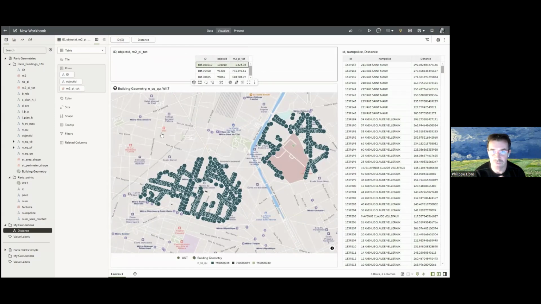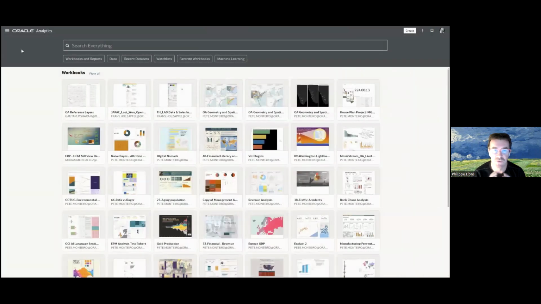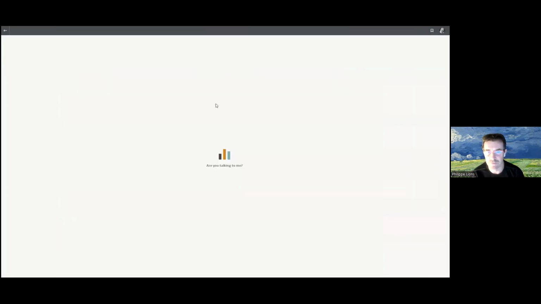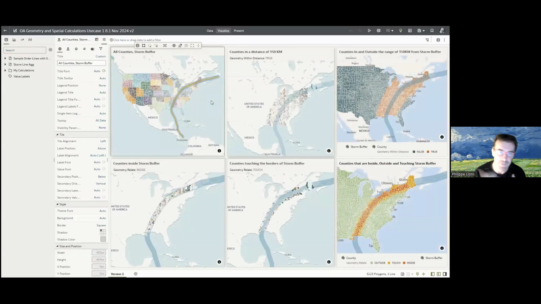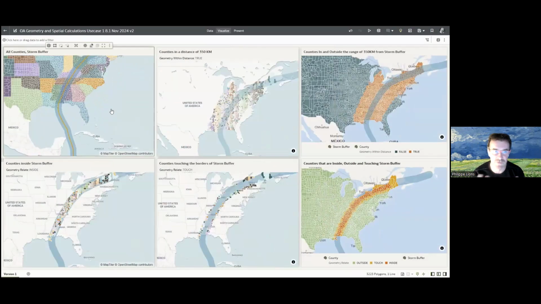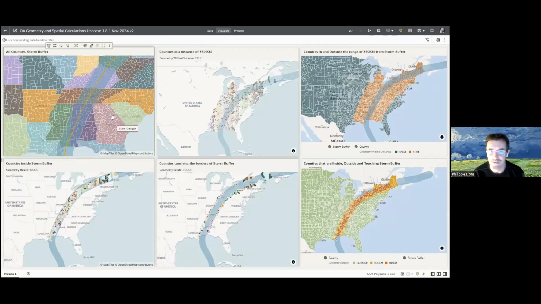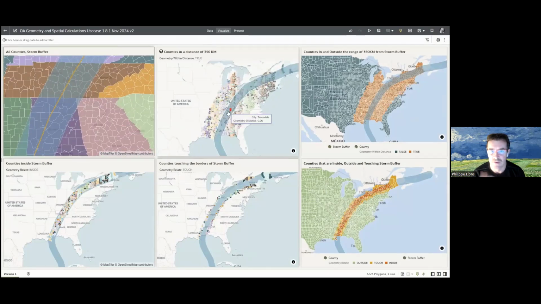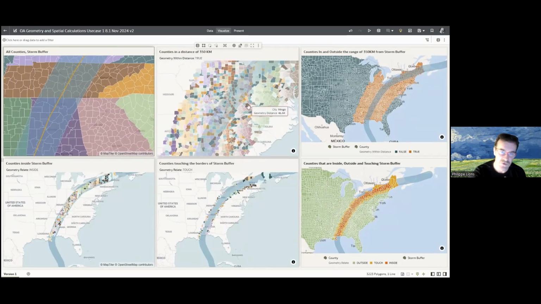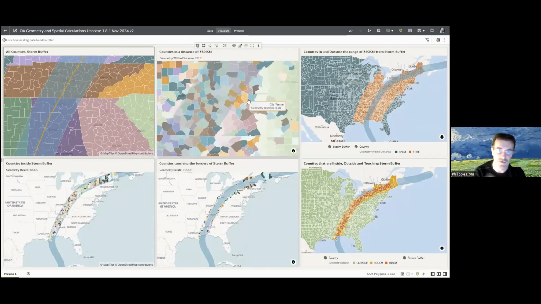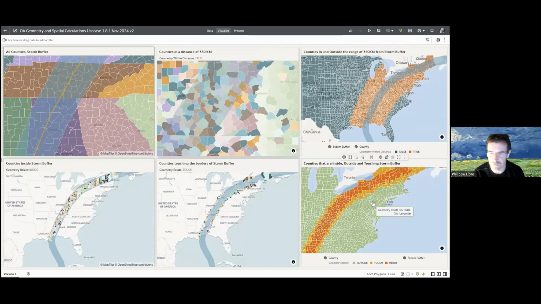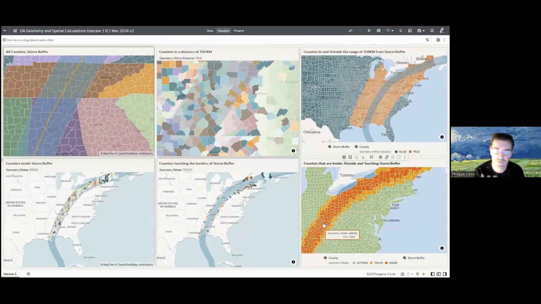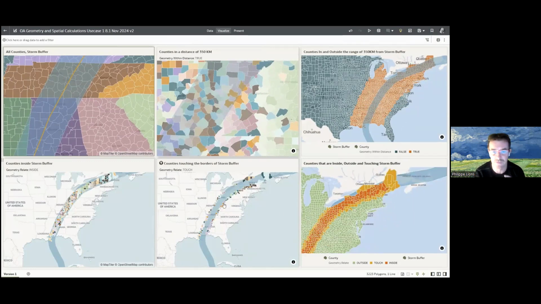Of course, that brings a ton of capabilities. If you go with other examples such as database examples, you can have functional ones. I made the point of using buildings and points just to show these two capabilities, but you can apply this to any use case. You can visualize it in many ways. This is a hurricane path, and these are the counties that are in a distance of 350 miles of that hurricane path. These are a different set of coloring showing all the counties, and these are the ones touching or inside or outside of the path, and so on.